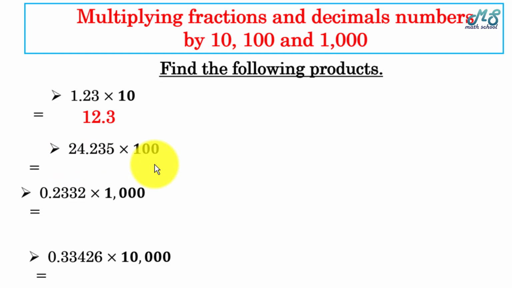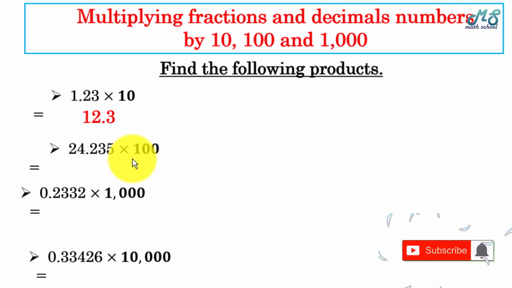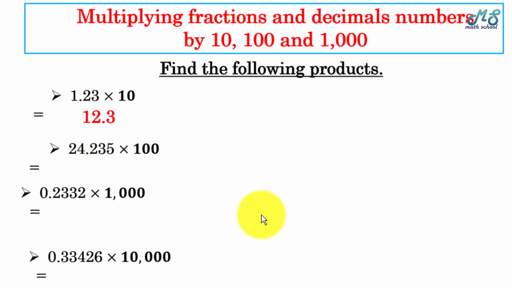Number 2, 24.235 times 100. To multiply a decimal by 100, just move the decimal point two digits to the right. Now it will be 2423.5. Next, 0.2332 times 1000. In the same way, we will move the decimal point to the right just 3 digits. It will be